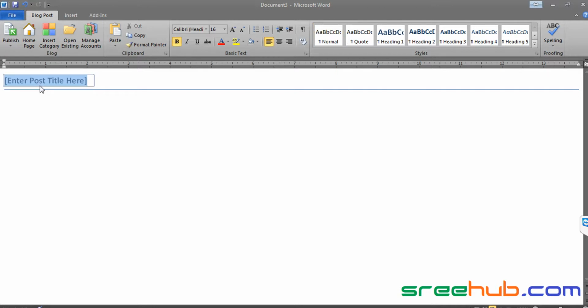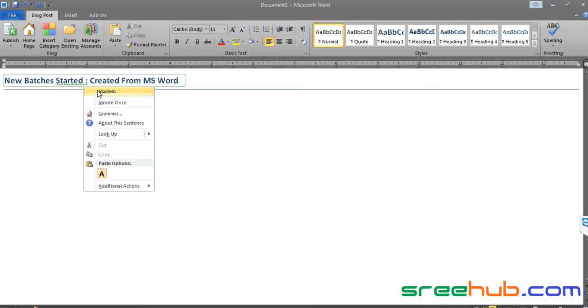And you can see all the different components here, right? Now let me just say new batches started, because it will give you a direct Microsoft Word field to your blog, creating a blog started. Let me say created from MS Word, right? And let us say here, everything it will give you everything.